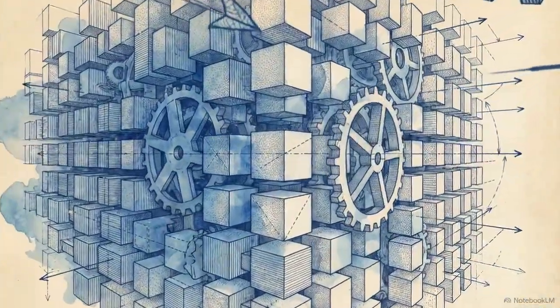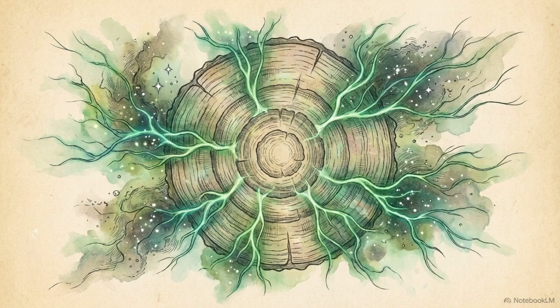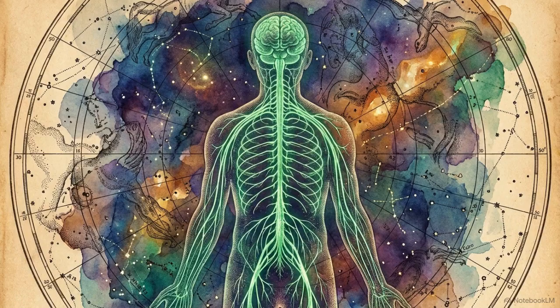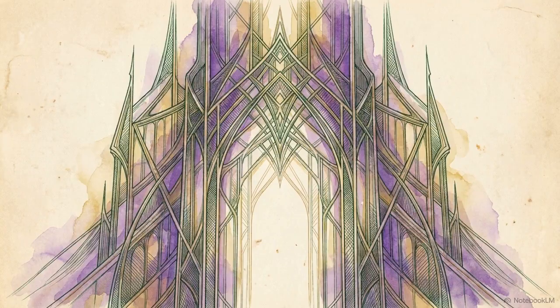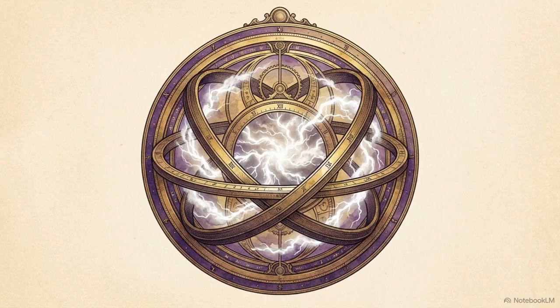operational record. Countering this is the green wavelength, the frequency of life energy, organic mapping, and natural flow. This green current provides the necessary counterbalance to the rigid blue blueprint, preventing the cosmic shell from hardening into a stagnant mechanical machine. Above these lies the purple gold wavelength, the frequency of divine law, ultimate authority, and the act of creation itself. This purple gold rule set establishes the absolute boundary protocols, the physical and temporal limits that remain unbroken across the entire system.